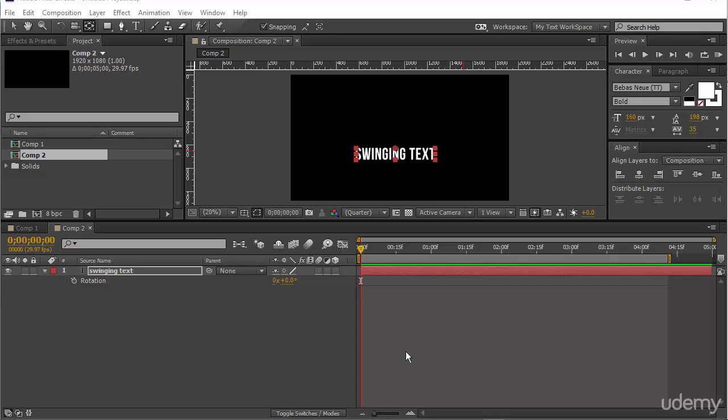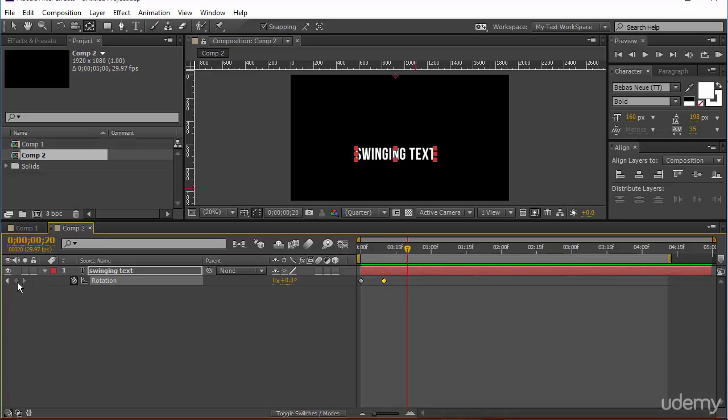Let's use the easy ease with rotation. What we want to do here is a swing. We want the swing text here to come up, go down, come up, go down until it comes to a stop. First thing, I want to take the anchor point up as much as I can vertically, and I will start keyframing every 10 frames. I move to 10, I keyframe again, I move another 10,